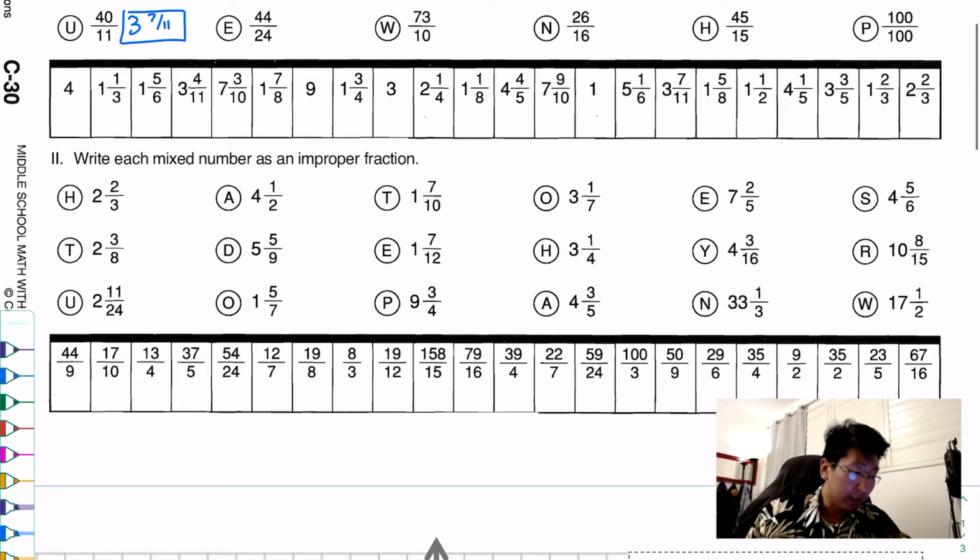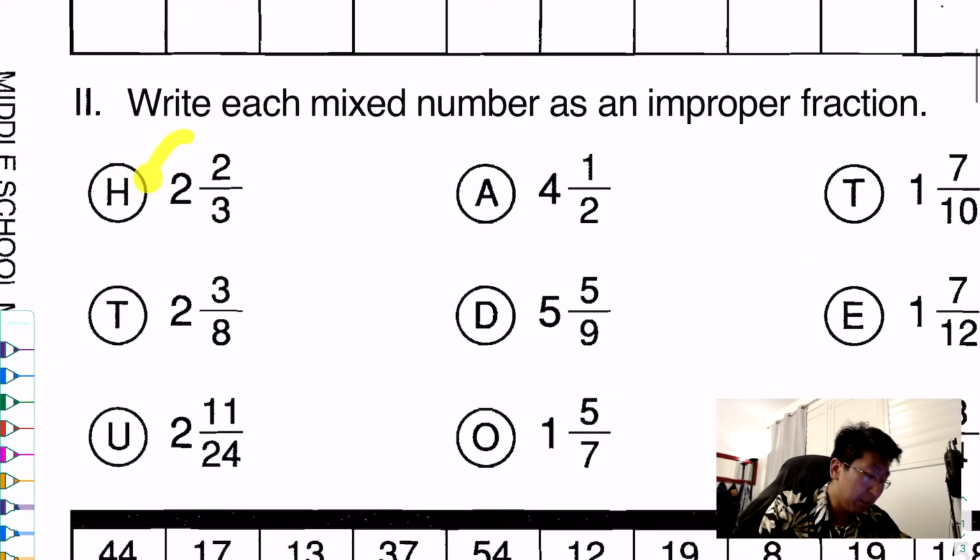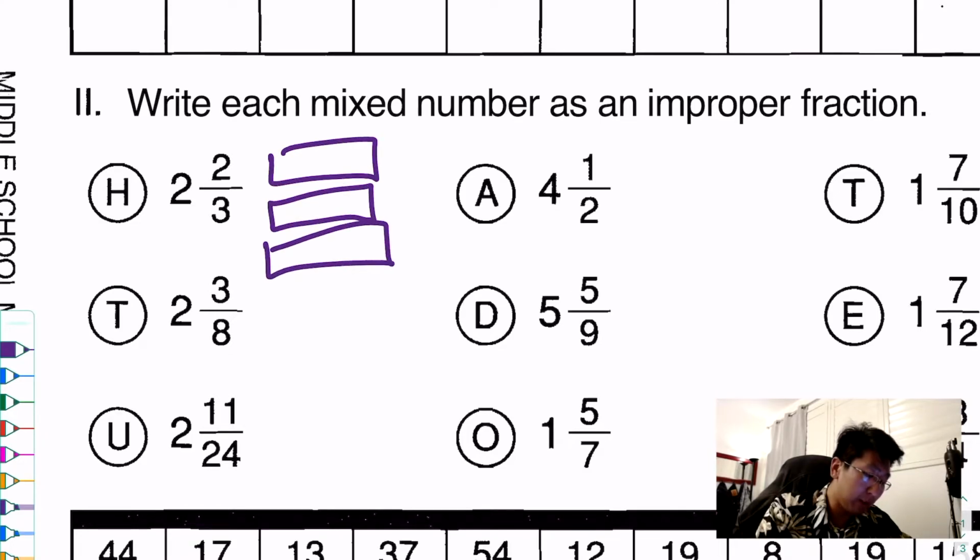The next section is going to focus on taking mixed numbers and making them into improper fractions. Here, this is saying that we have 2 full chocolate bars. And then in the third one, we have 2/3 left. So we need to break this into thirds. We already have 2 wholes, so I'm going to ignore that for now. We'll come back to that. But here we have 2 more out of the 3. And so if I were to count this, I'd go 1, 2, 3, 4, 5, 6, 7, 8. And so I'd have a total of 8